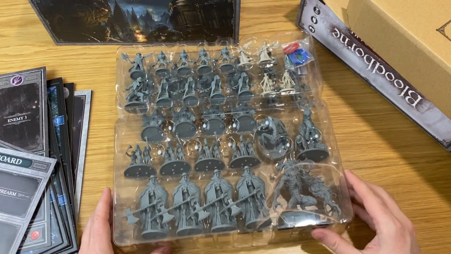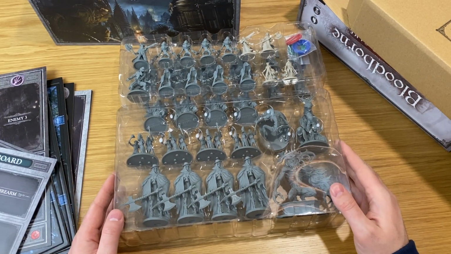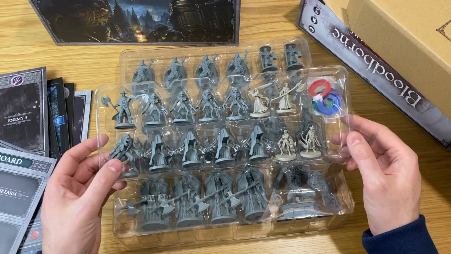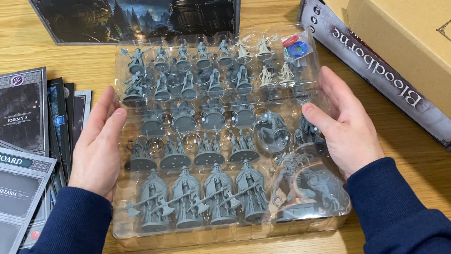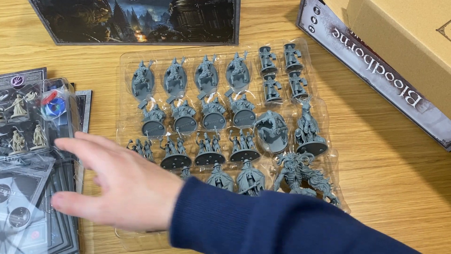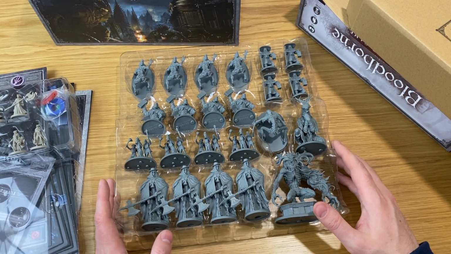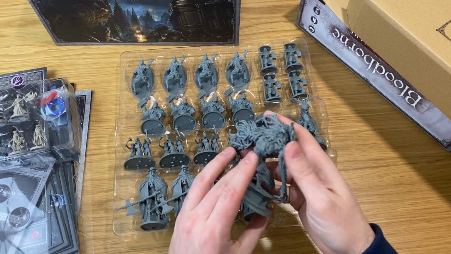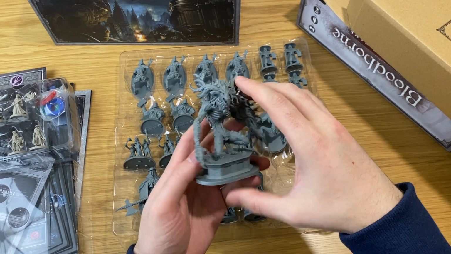Kind of like this, there's an actual tray that all of the miniatures fit into, each in their own space. You don't have to smush everything in like on Talisman, another board game that I have every expansion for. It's really hard to fit all of the miniatures in. But yeah, here we have a boss,